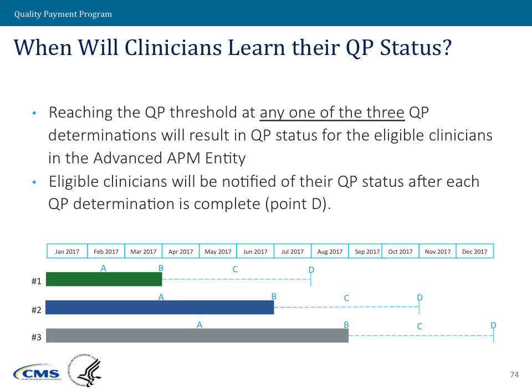So the result is that by the end of the QP performance year, so by December 31st or January 1st of the subsequent year, everybody will know definitively if they met those QP thresholds and then are excluded from MIPS, so they won't have to do any MIPS reporting that starts in that next year.